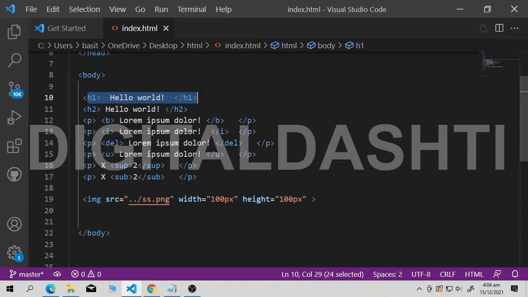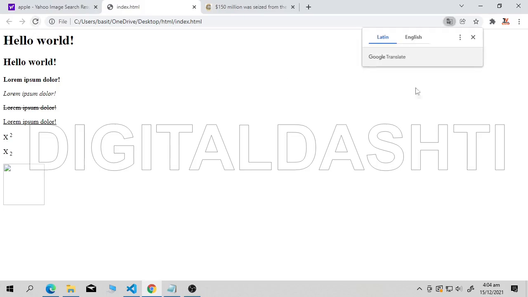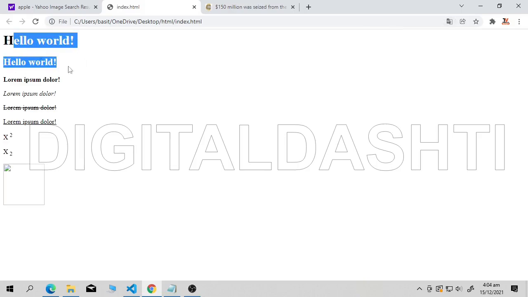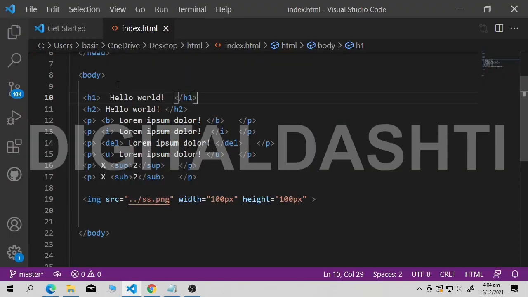Now see, there is hello in an h1 tag, and a second hello in an h1 tag. What if I don't want to show this hello in our browser? First of all, check this code in our browser. This is my browser, and it's showing me two hellos, but I don't want to see this hello. What I will do is use the comment code.